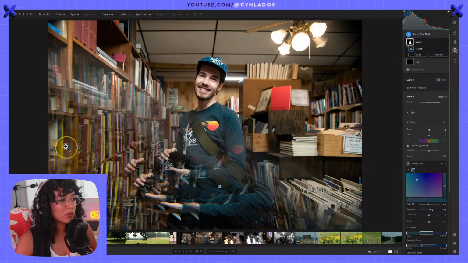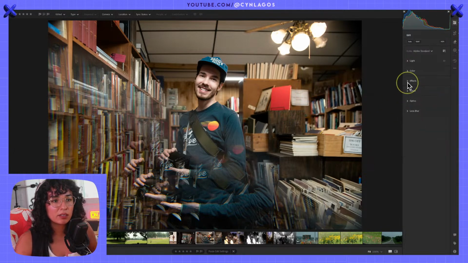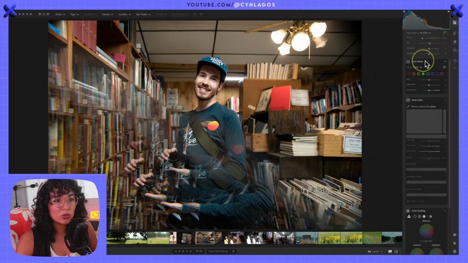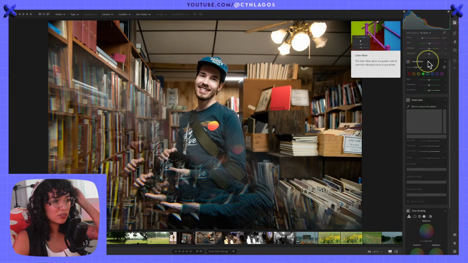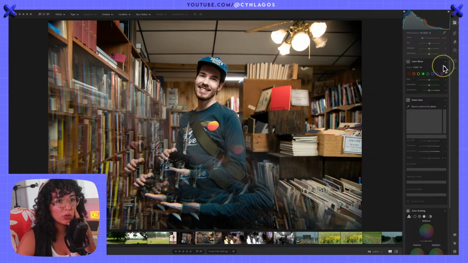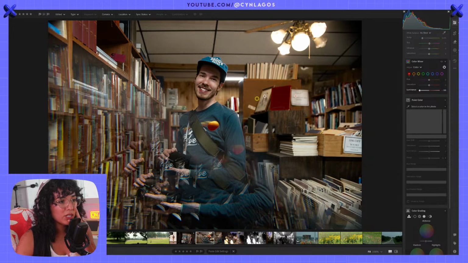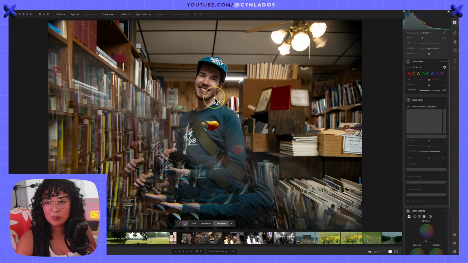So I want to be able to target those palettes. Let's go back here into effects, into color, and let's try to affect those specific reds. Now, if I do it this way, you'll start to notice that I also affect his skin because we naturally have red in our skin.